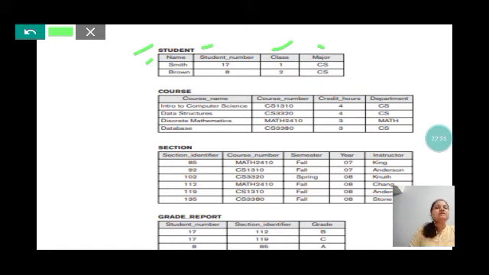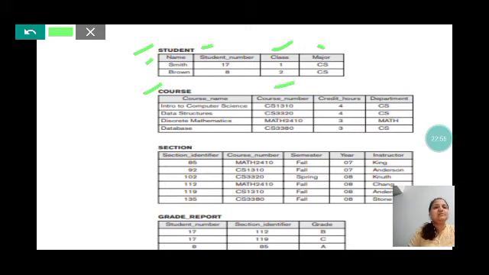Similarly, now if you see another table, another relation, another entity, say course of the university. The different courses that the university provides are Introduction to Computer Science, Data Structures, Discrete Mathematics, and Database. Each course name is assigned a course number, as we can see in the second column.